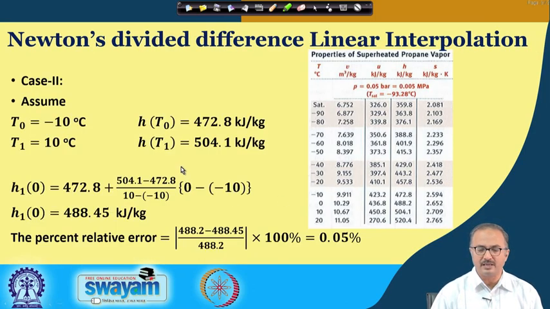Now, we have taken case 2, and in this what we are doing is that we have just reduced the range. Earlier it was minus 80 and 20 degrees centigrade, now it is minus 10, 10 degrees centigrade. Now, here we find that we are getting this value 0.05%. Now, whether we should go for 0.05% or whether we can stay with 0.68%, that will again depend on the